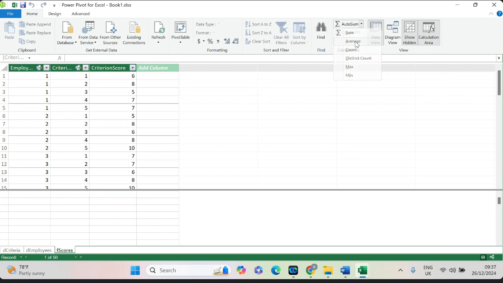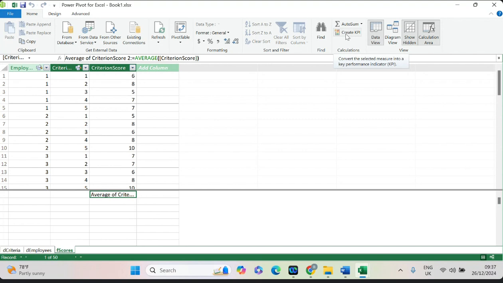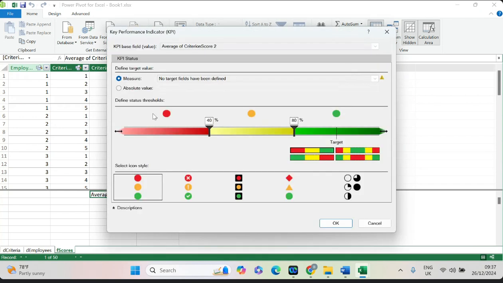Average, then it auto calculates for you. Under calculation, get this table, average. So create KPI, but we changed already. This one should be 7.5. Then it should be linked directly. You enter here, then it will show you this one. So this KPI,